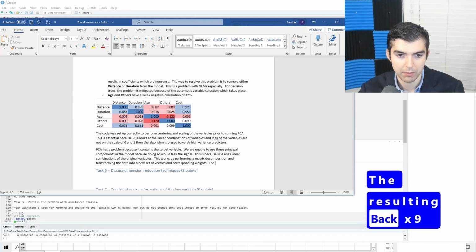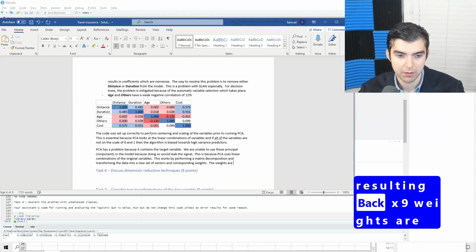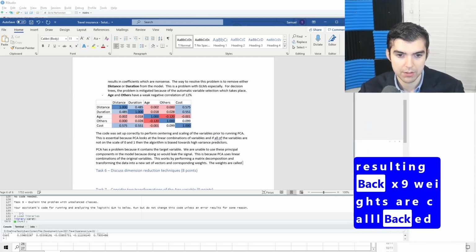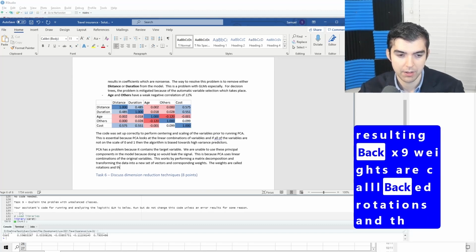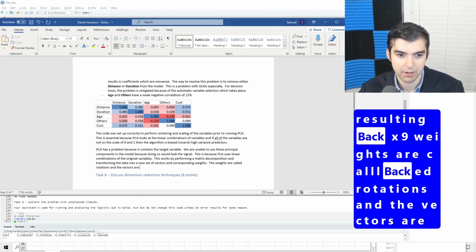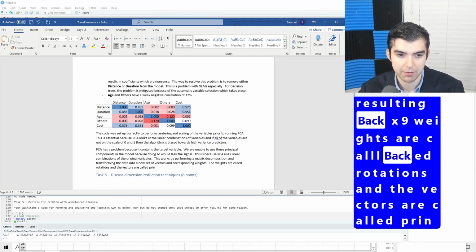The weights are called rotations, and the vectors are called principal components.